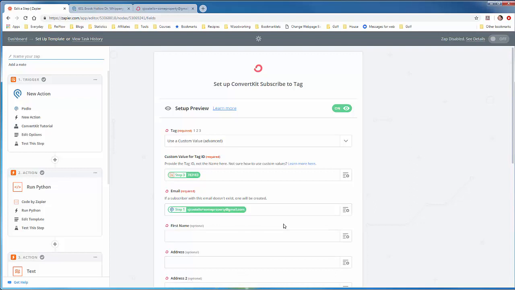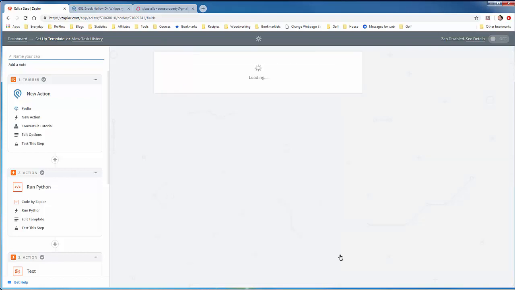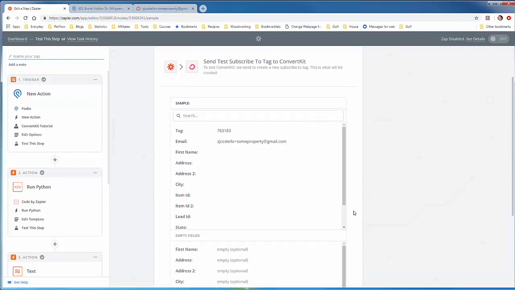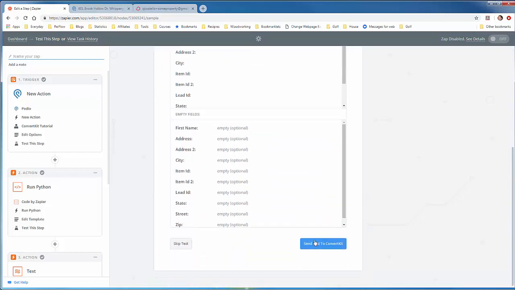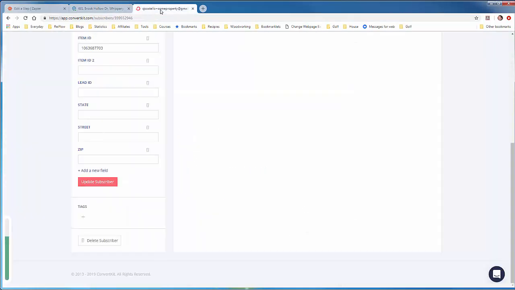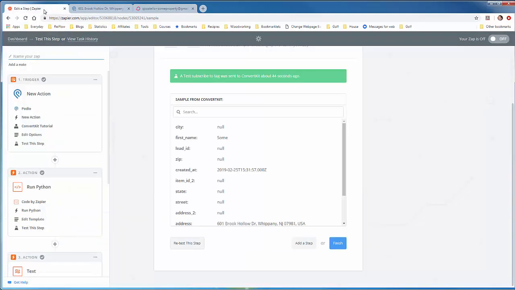Now that's all we need for this step, so we can scroll down, hit continue, and now test this out. We can go to ConvertKit, refresh the page for the subscriber, and now we'll see that the tag is shown that we've just selected, the new tag. Now the next step will be to